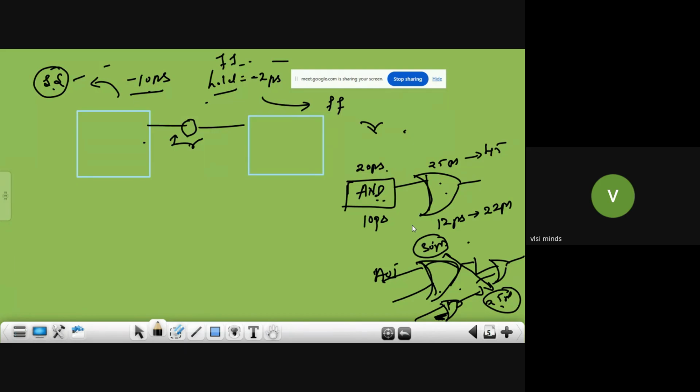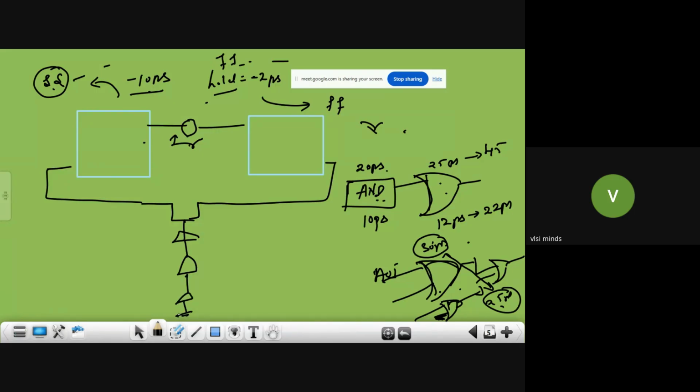Or what you do is, if you are having more paths, like 1,000 or 1,500 paths having the same issue, then see that most of the cells are coming in the common path, the common clock path, for both paths, right? You see that most of the cells are coming in on the common clock path.